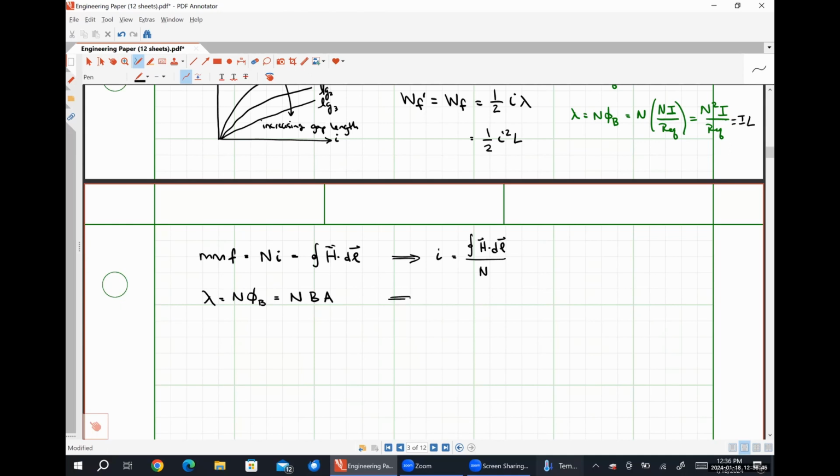So from this, we can say that flux linkage is going to be N, which is a constant, times A, which is a constant, times some differential magnetic flux density B. That's the only thing that can change, so that's what we're going to have. And using these relationships, we can find